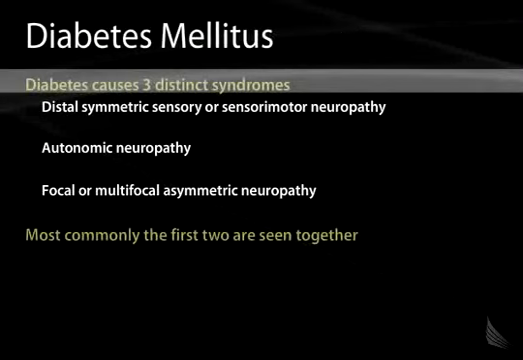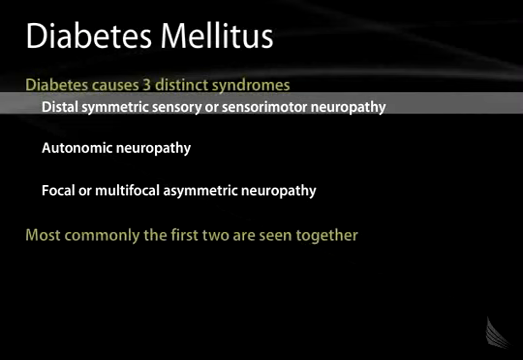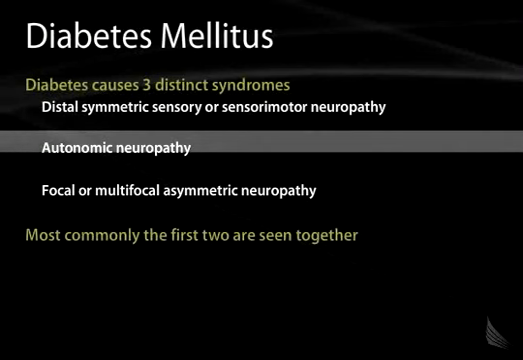Diabetes, a very common disorder, has three distinct forms of peripheral neuropathy associated with it. First, a distal symmetric sensory or sensory motor neuropathy. This is the classic stocking-glove sensation of numbness or paresthesias in the feet, and then going on to include the hands. There's also an autonomic neuropathy that can occur where the autonomic nervous system is not functioning properly. And the patients can develop gastroparesis and constipation. And finally,